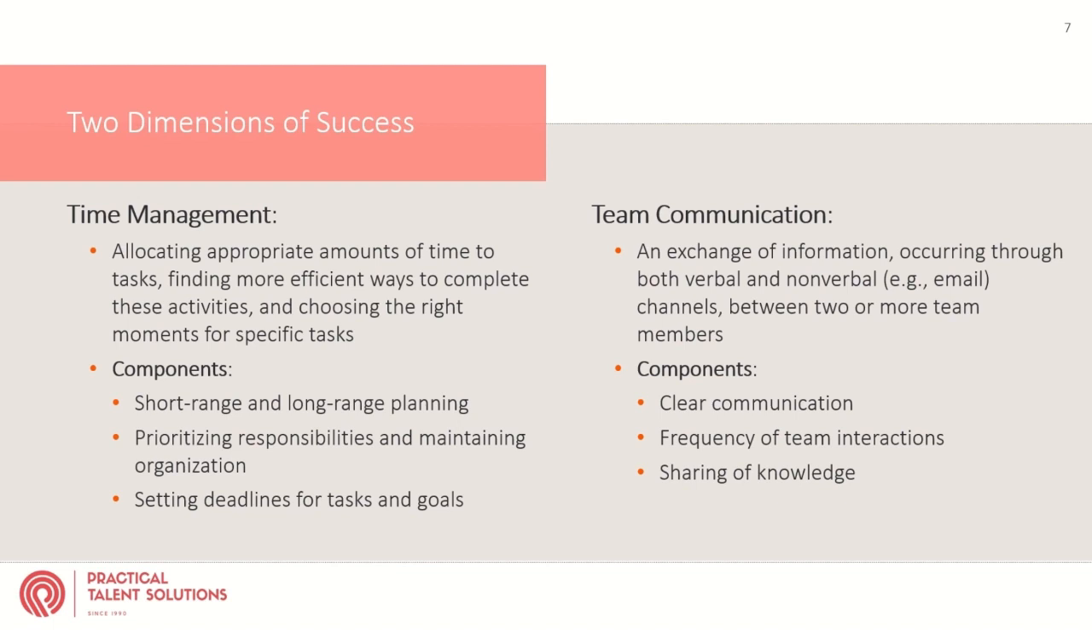Time management involves allocating appropriate amounts of time to tasks, finding more efficient ways to complete these activities, and choosing the right moments for specific tasks. Some components of time management include short-range and long-range planning, prioritizing responsibilities and maintaining organization, and setting deadlines for tasks